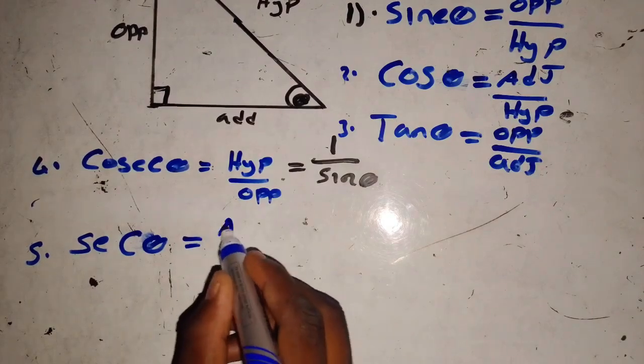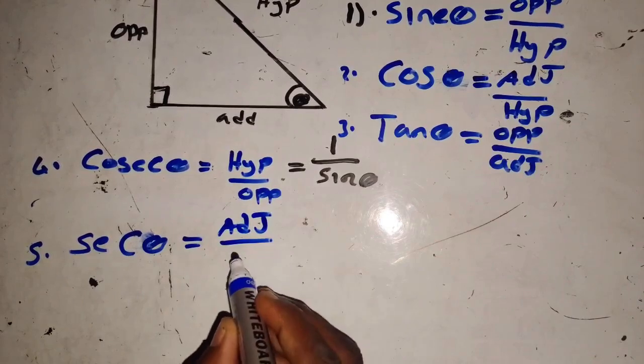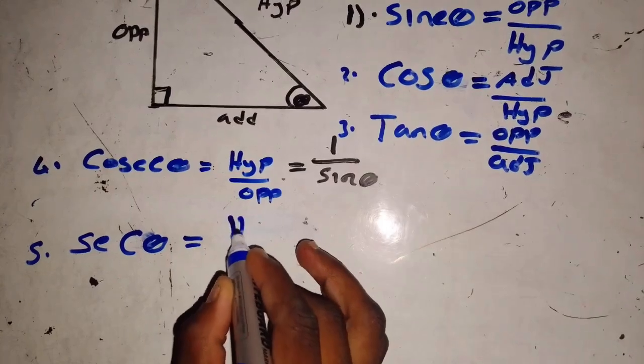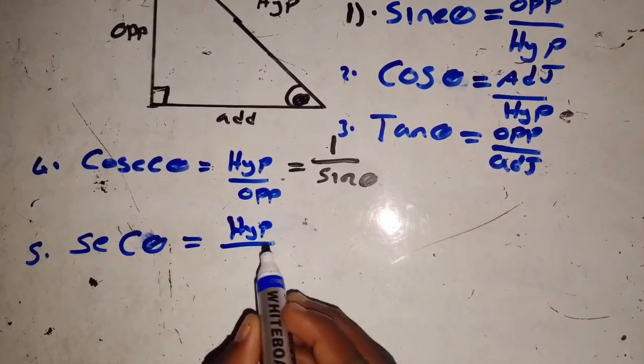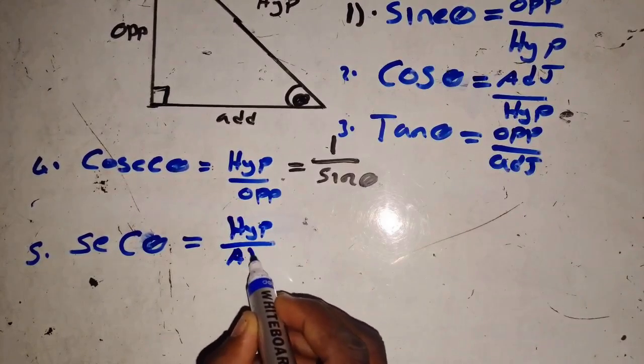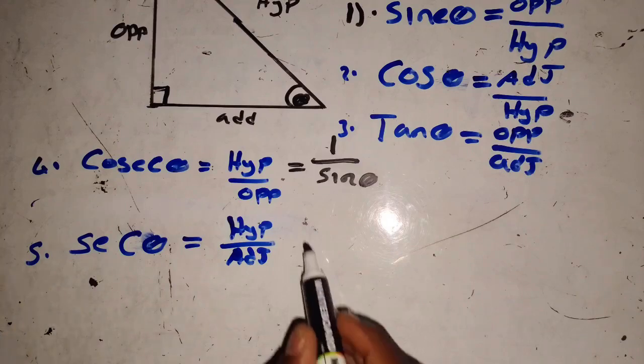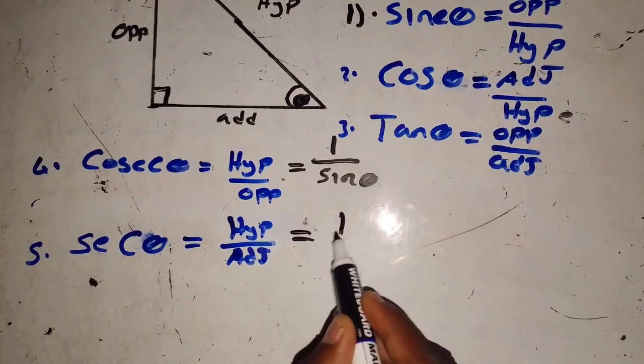hypotenuse over adjacent. So remember, if you are dealing with secant, it is equal to hypotenuse over adjacent. Hypotenuse over adjacent. So this secant is also 1 over cos